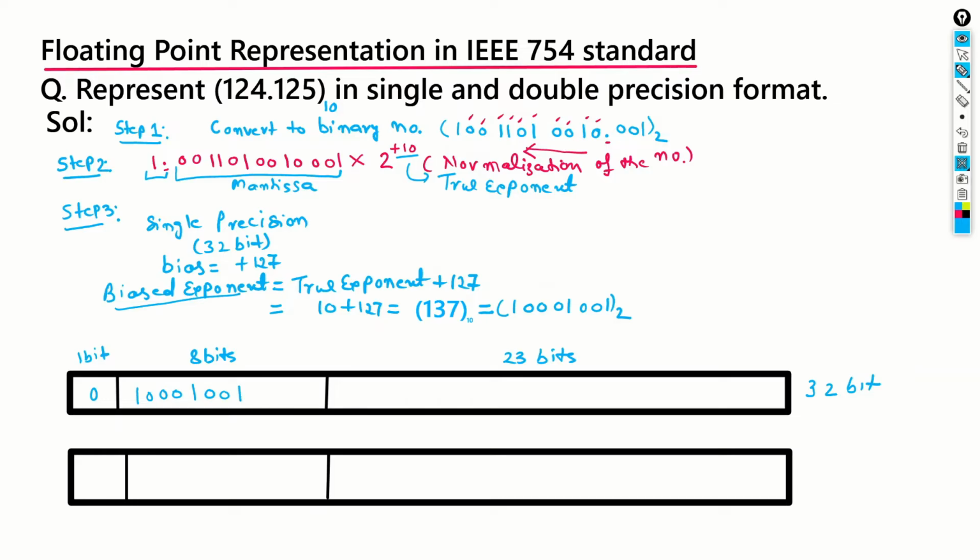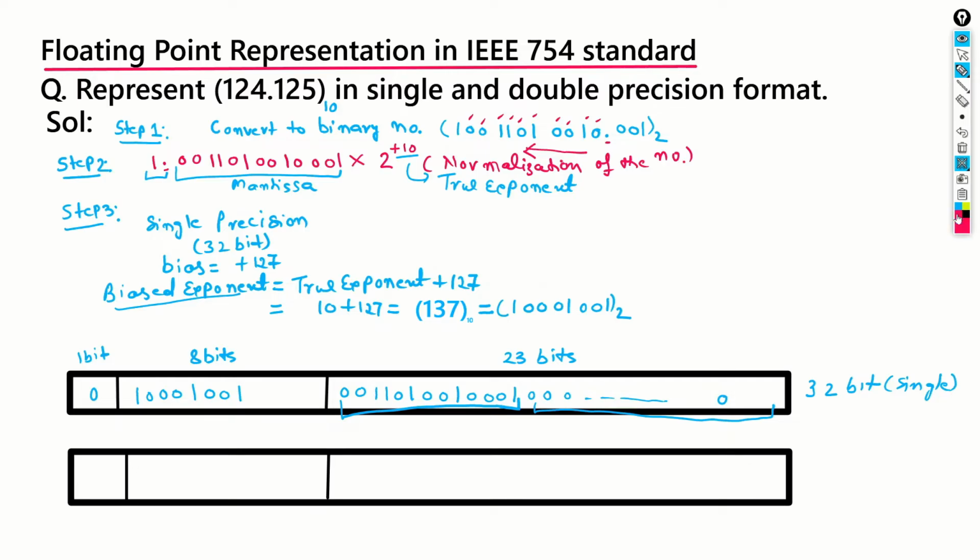So this is my mantissa here. So I will write down the value of the mantissa here: 001100100001. And the rest of the bits up to 23 bits will be 0. Right. So all these are the 23 bits. The actual mantissa is this. Okay. And the system will add all these bit values up to the 23 bits. So this is my representation in 32-bit format or single precision.